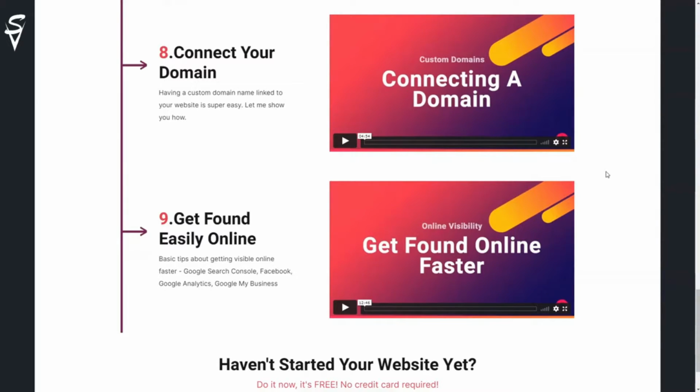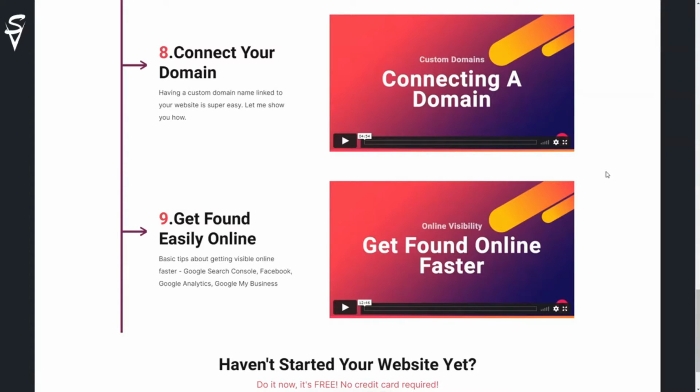So these are a few things that are also part of the cheat sheet, like I said, which basically help you to, again, get online faster, like Google Search Console, registering Facebook Pixels, etc., Google Analytics for understanding your business and traffic better, Google My Business, which is really important for most businesses, especially if you're a local business that depends on people finding you on the map, on Google